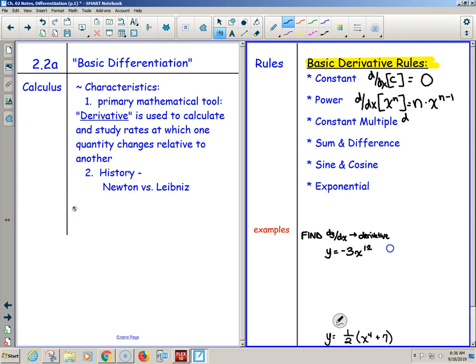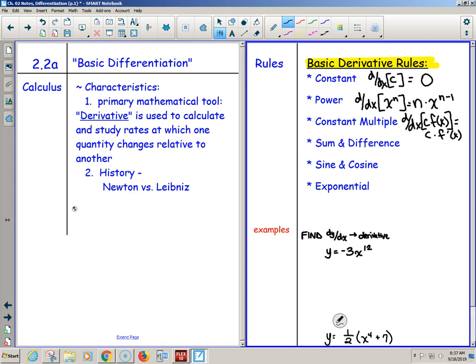Constant multiple. What do we do? What if I have a constant times a function? With limit properties, if we had a constant times a function in a limit, couldn't we pull the constant out and deal with it later? Yes. And if all derivatives are limits, then couldn't we do the same thing with derivatives? So maybe we can say this is the same thing as c times f prime of x. Basically, we're taking the derivative of the function and just tagging the c along. It gets to stay along for the ride.